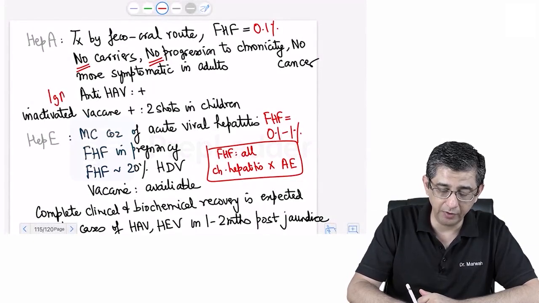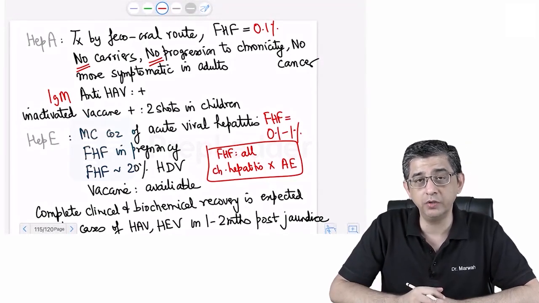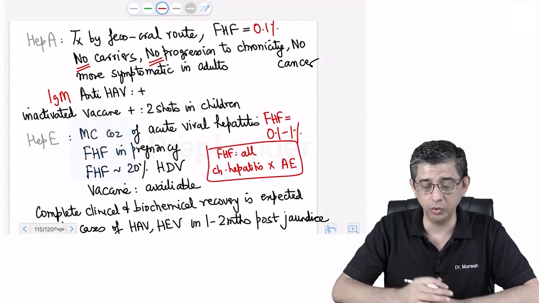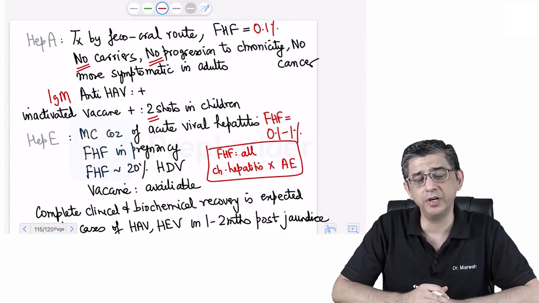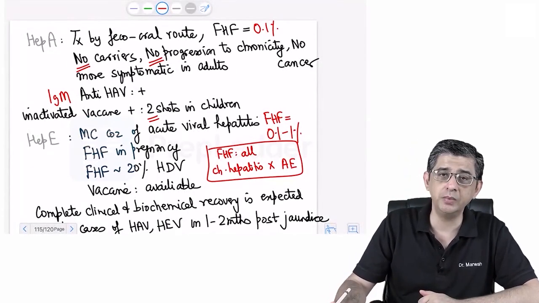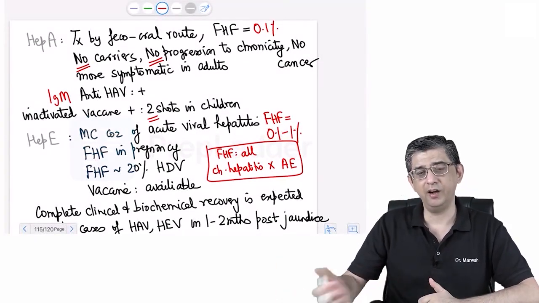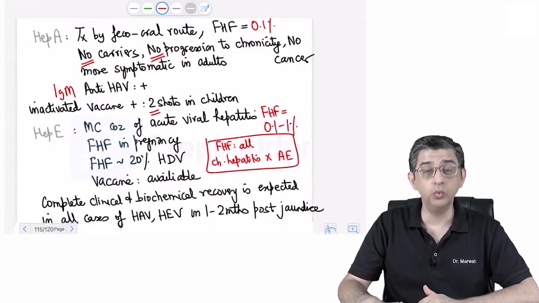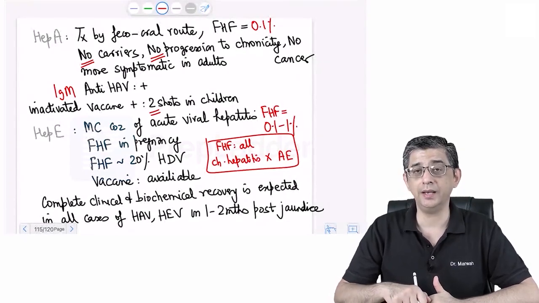I've highlighted. And we do have a vaccine for hepatitis A which is recommended in children. In fact, most of the kids after 1 year of age can be given 2 doses of the inactivated vaccine. This could be given at a gap of about 3 to 6 months. So you can give one at 15 months, and the second one can be given at 18 months or something a little after that. But the message is we do have vaccines available for hepatitis A, hepatitis B and hepatitis